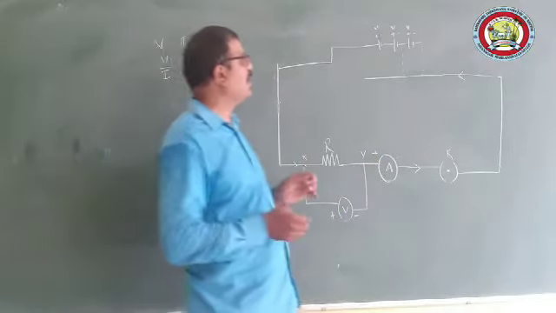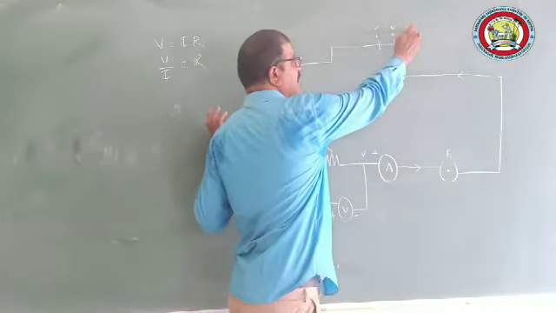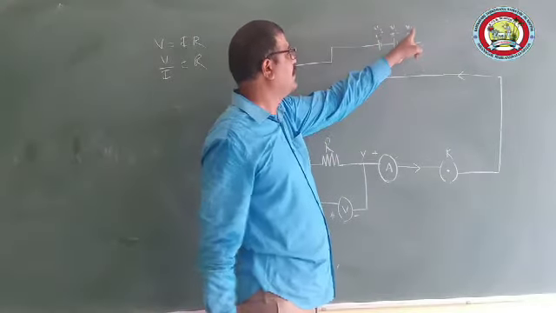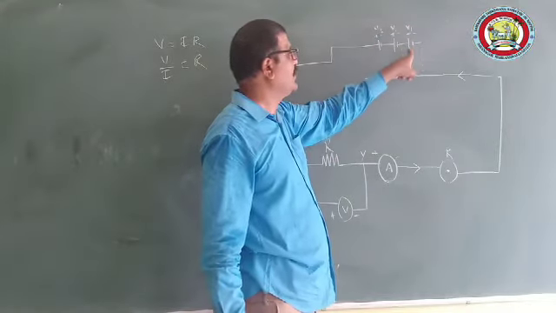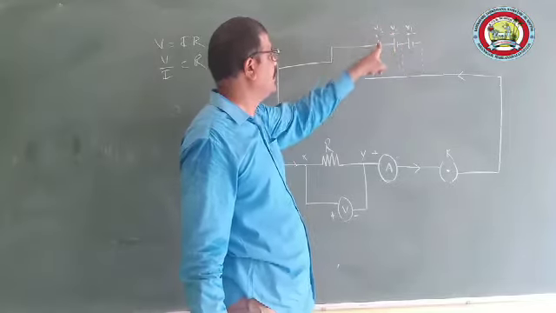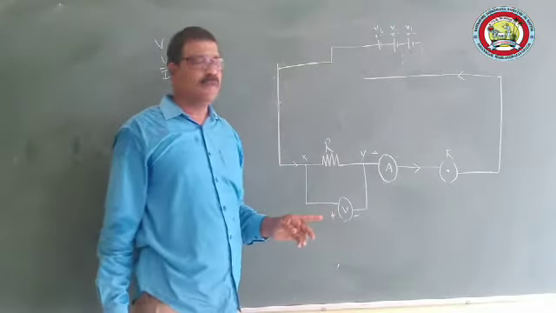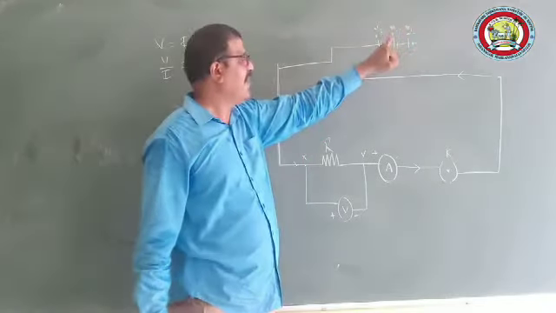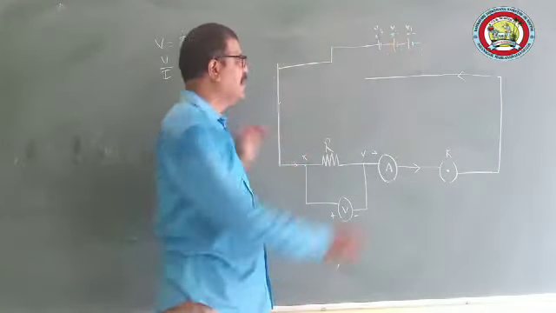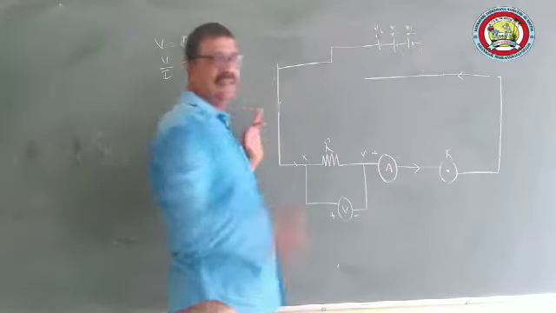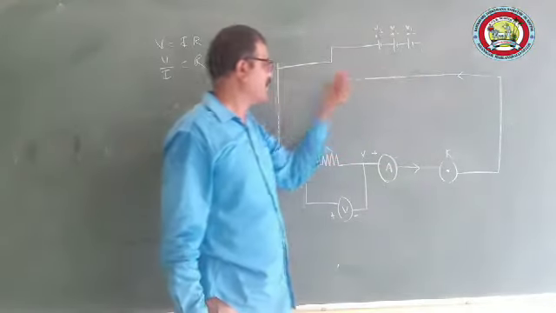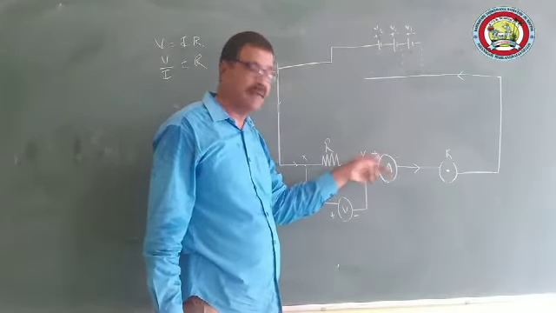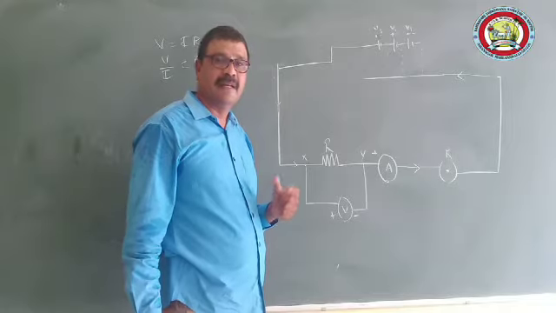Very simple. First, let me take V1, V2, V3, which are the potentials of these cells. V1 is the potential of the first cell, V2 of the second cell, and V3 of the third cell. Now I first switch on only the first cell. When I switch on the first cell, the charges will start moving through the conductor and through the resistance, and the current is measured by the ammeter and the potential difference is measured by the voltmeter.